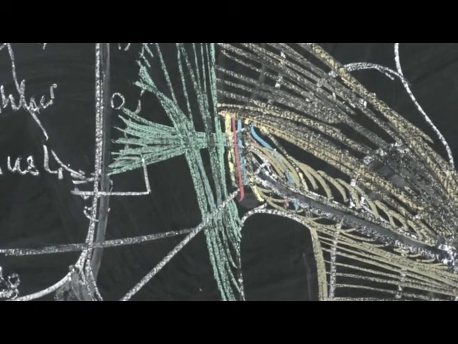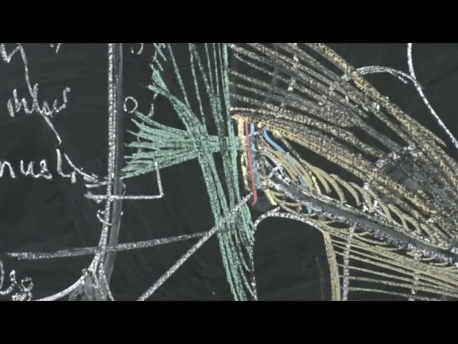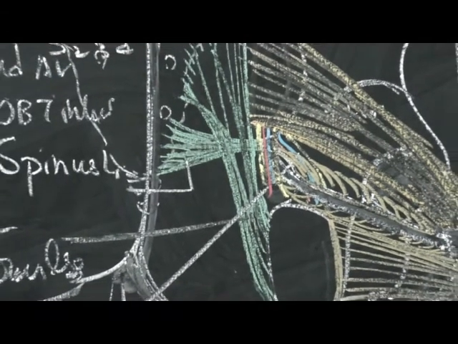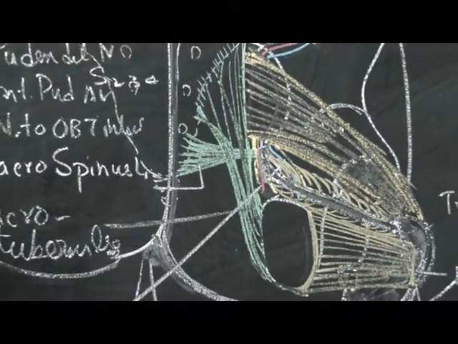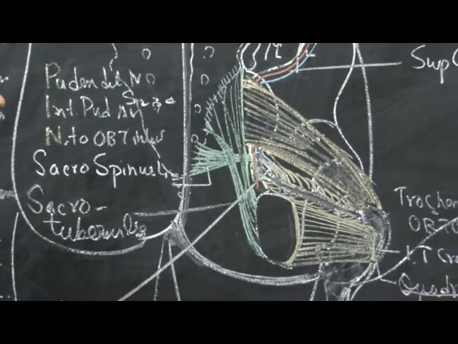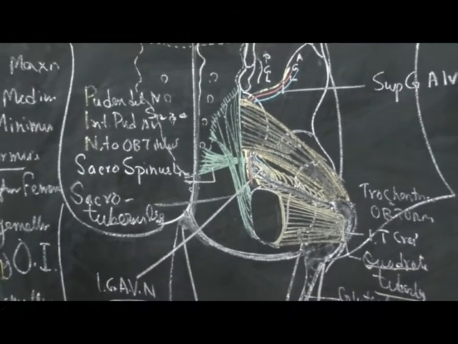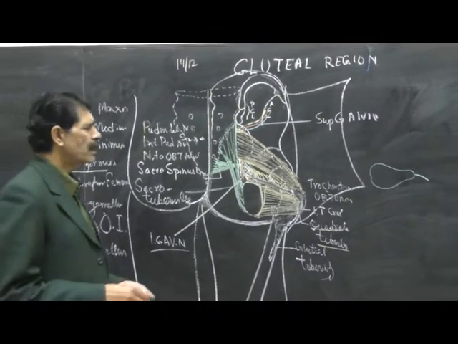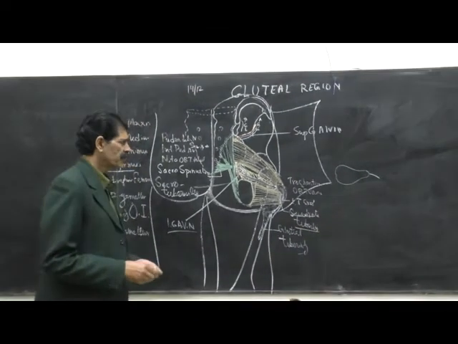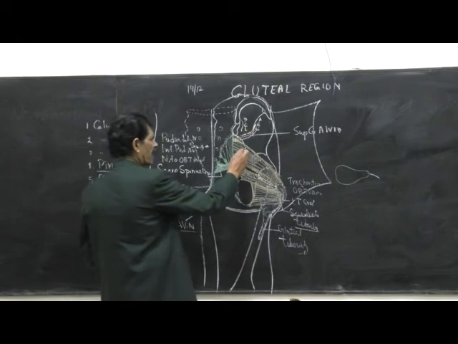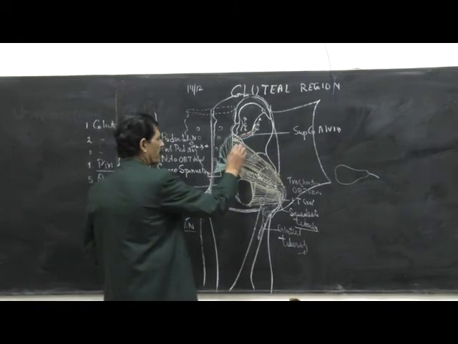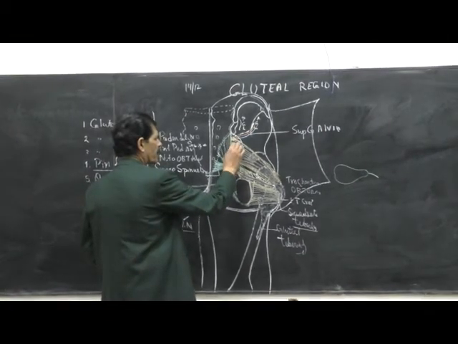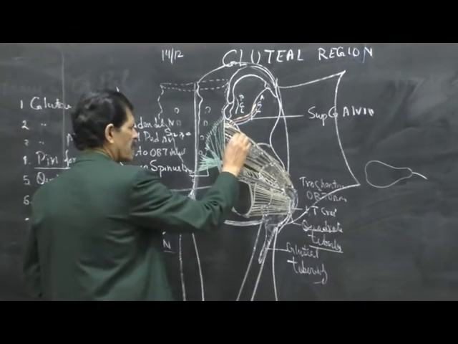So these are the deeper muscles of the gluteal region. Now all these muscles are covered by the gluteal muscles. Another very important structure descending from the greater sciatic foramen is the sciatic nerve. The sciatic nerve is formed on the ventral or anterior surface of the piriformis muscle in the pelvis